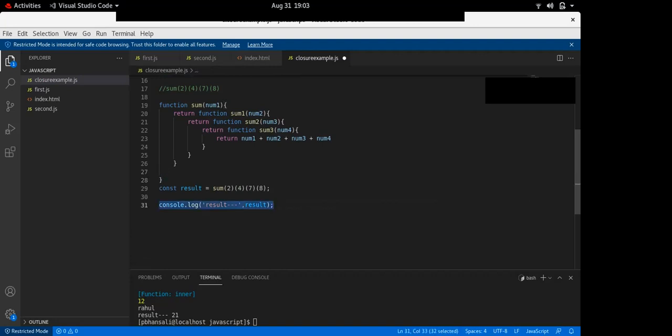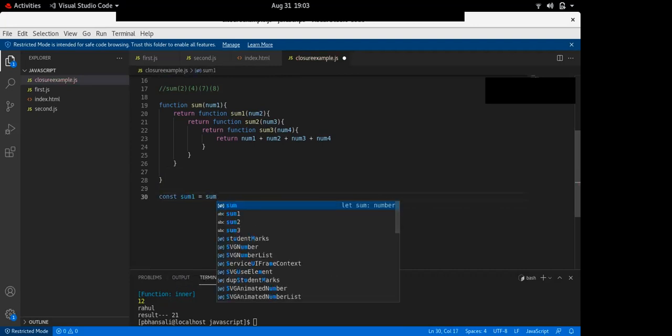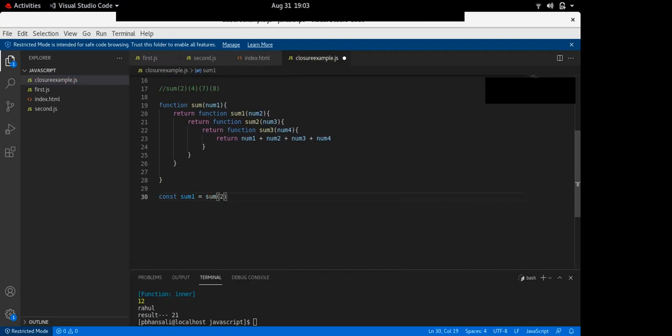So what I will do, I will break this. First, const sum1 equals sum 2. Then const add1 equals sum1, I should give some new names.